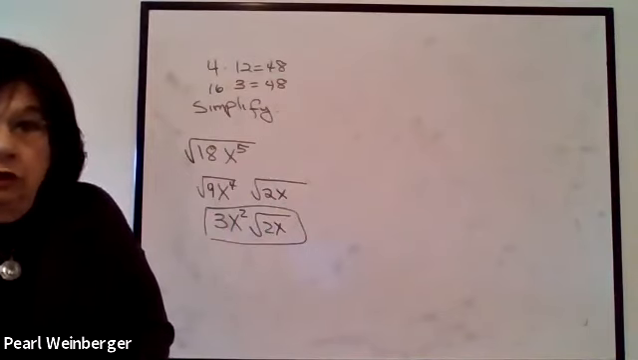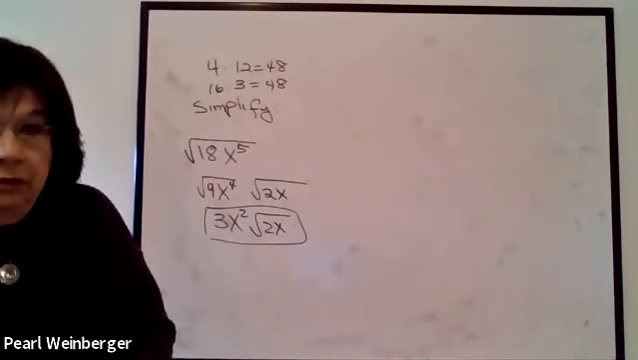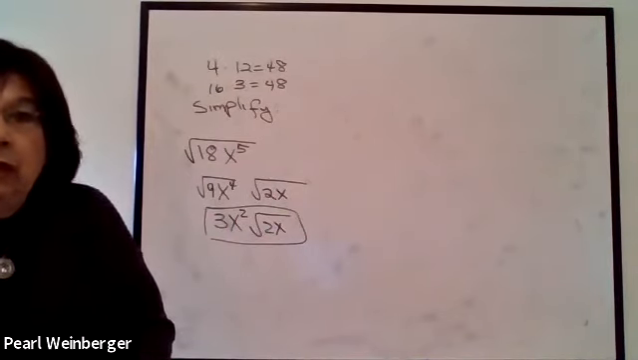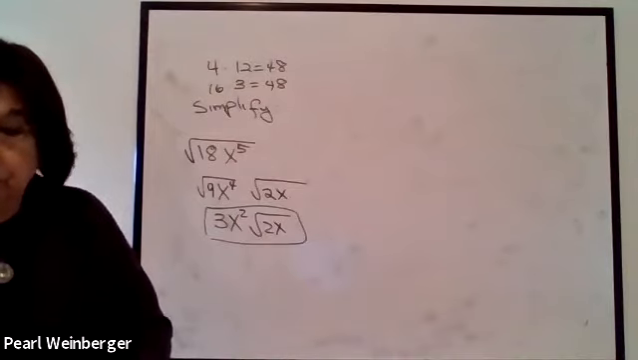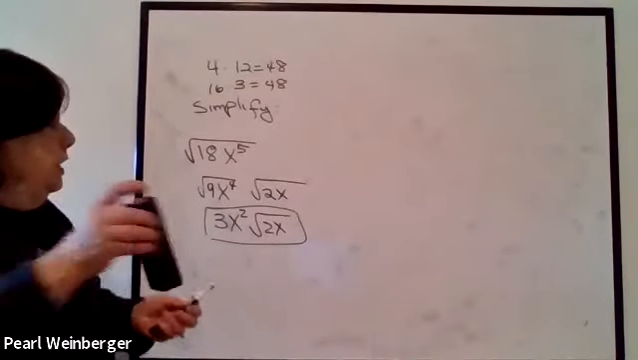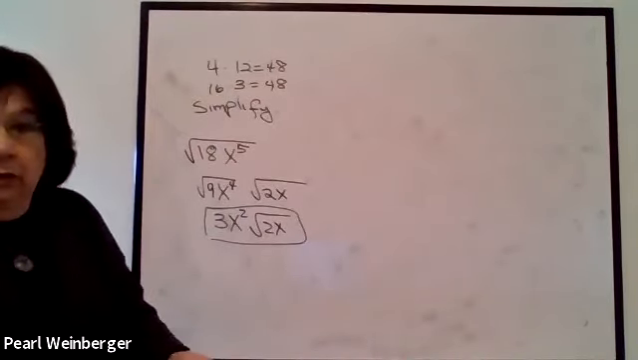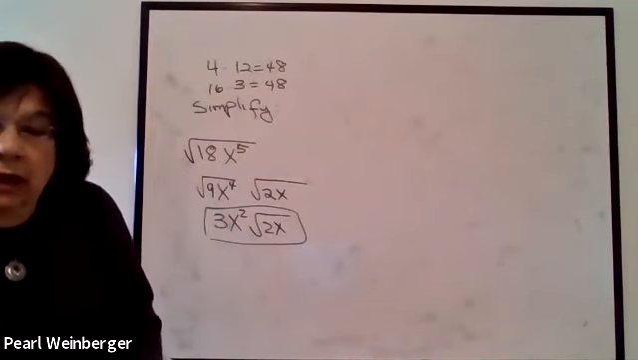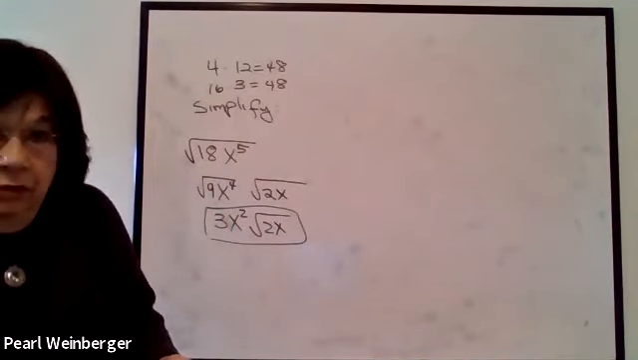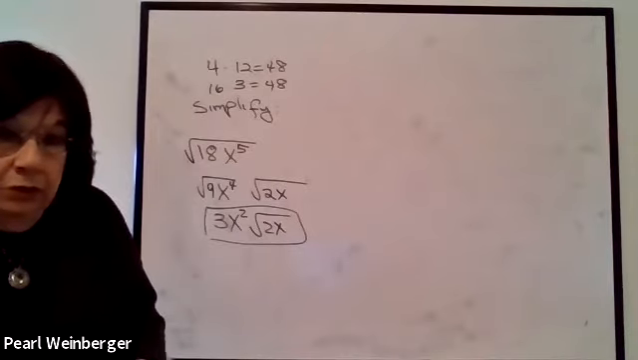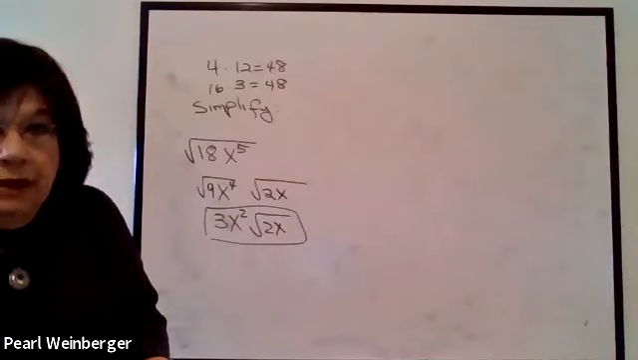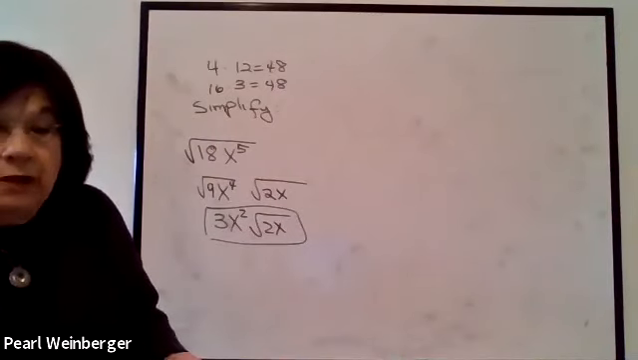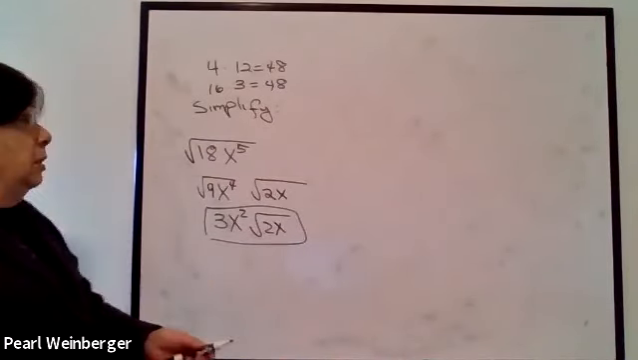Now, why is it so important to know how to simplify radicals? Well, it has to do with the rules for adding and subtracting radicals. When we add and subtract radicals, it's like adding and subtracting variables. You can only add or subtract what we call like terms, or in terms of radicals, like radicals. In other words,